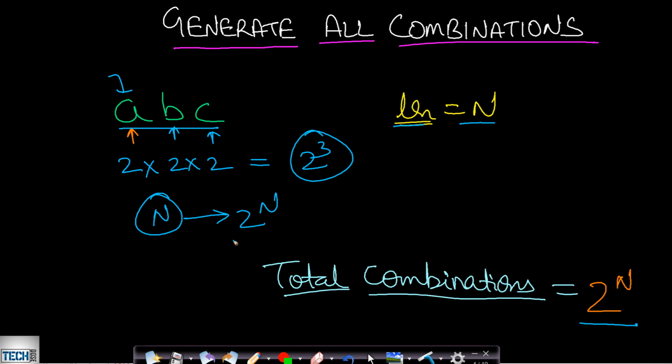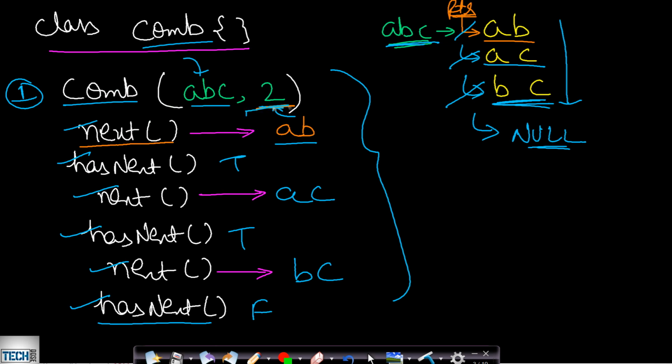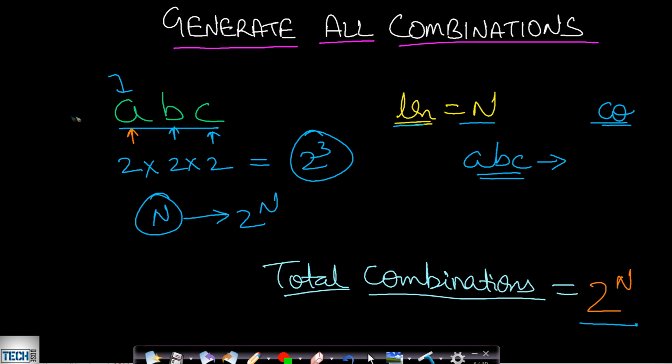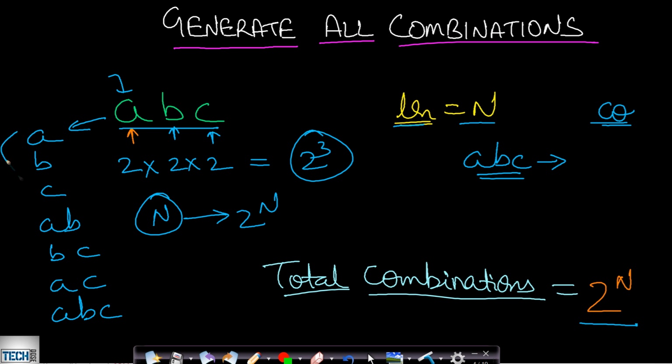So what we can do is generate all the possible combinations of strings from this ABC, and then find which strings are of the combination length. So what is our combination length? In our example it was equal to 2. So from this ABC, we can generate A, B, C, AB, BC, then AC, then ABC. I think these will be all the possible combinations. From this we will pick all those combinations which are of length 2. We can store them somewhere in order to process our next and hasNext functions.